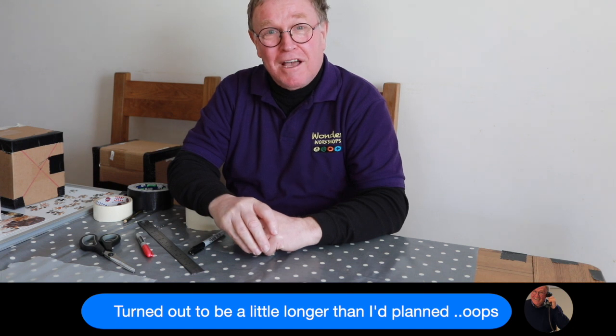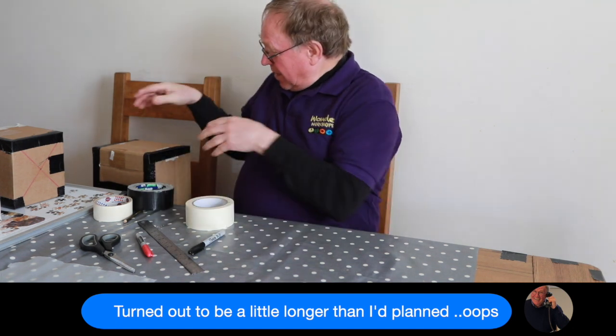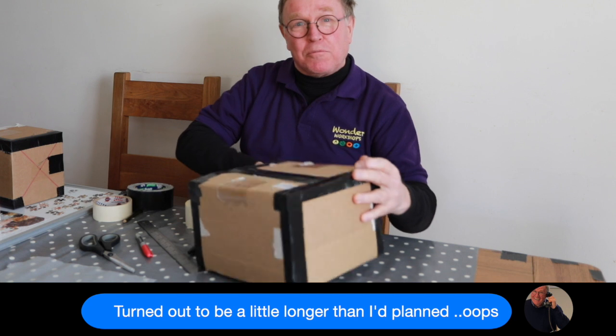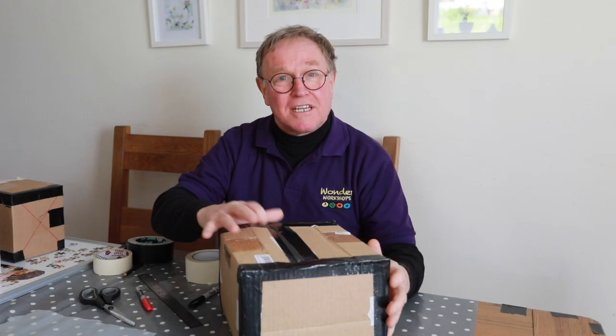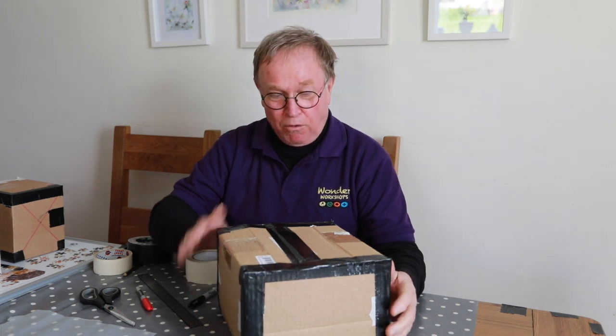And welcome to this very quick run through on how to build your own pinhole camera. I've got hold of a cardboard box from one of these stores that sent goods to me, and all I've done is I've taken some black tape, and